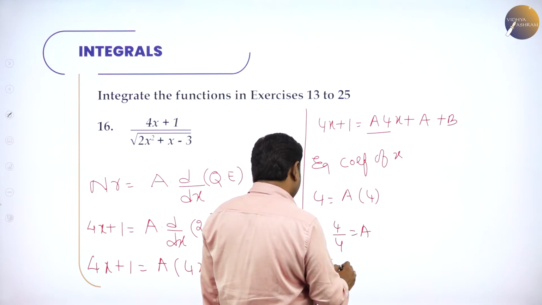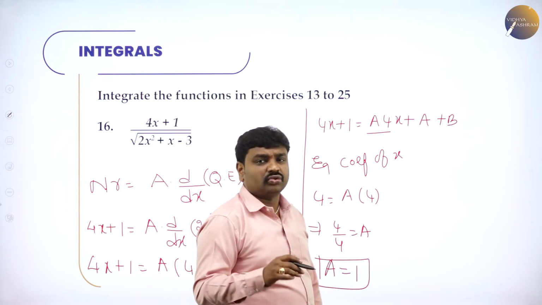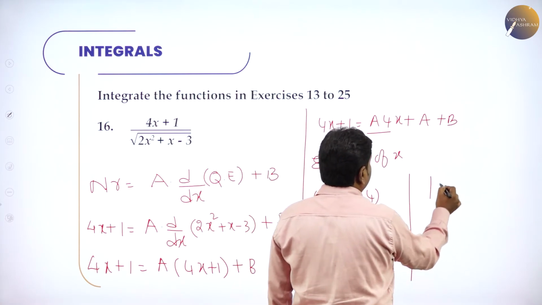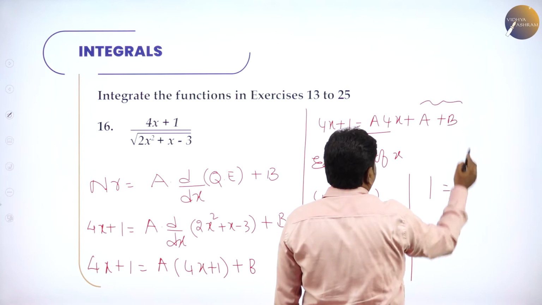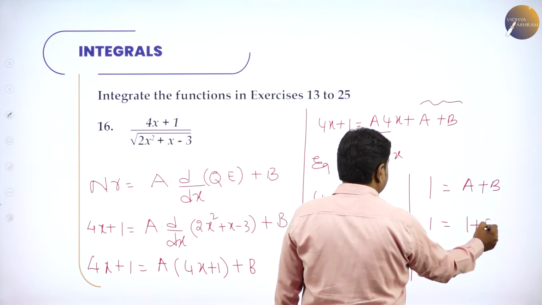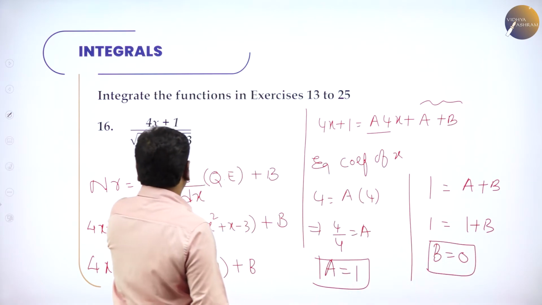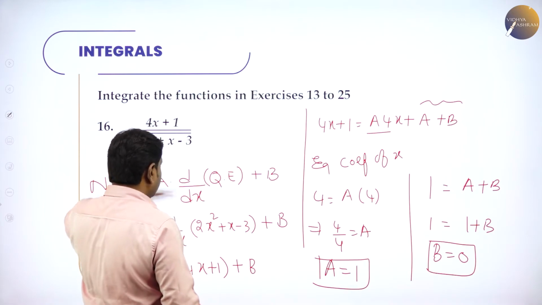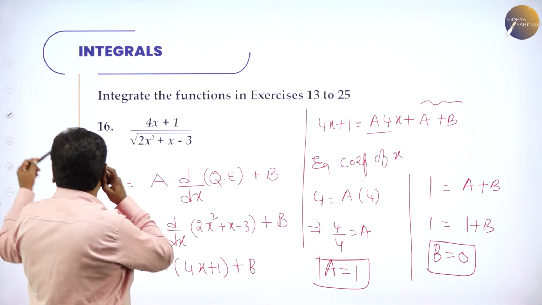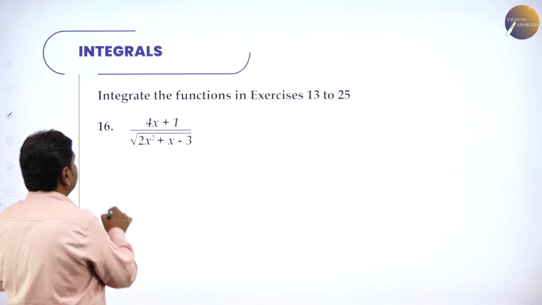This is the original method, but here you can conclude just by seeing. I am explaining the method so that you can apply it to other problems. And then similarly equate the constants: here the constant is 1, there the constant is A plus b. So 1 is equal to A, which is already 1, plus b, so b is 0. And practically the derivative of this whole thing is this. So this is the method actually. You can go by the long method or just by the method of substitution.